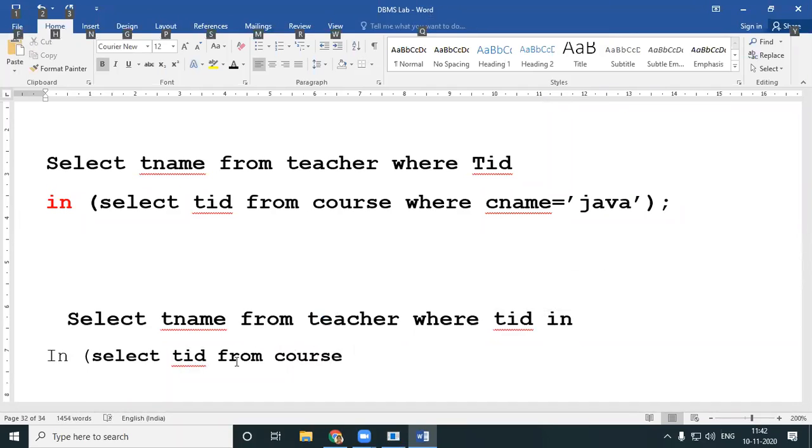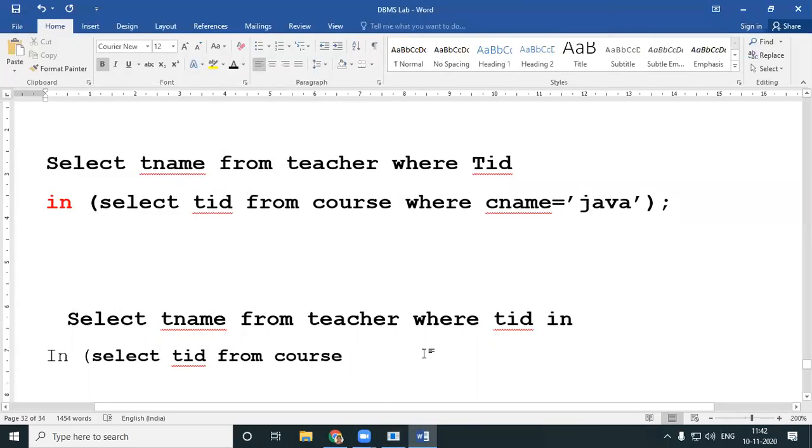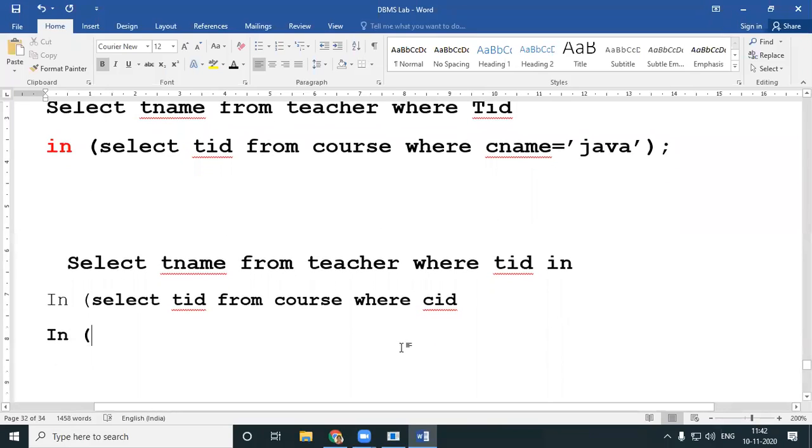You are not giving where course name is equal to Java. Instead, you need to connect to the upper table. You connect it with CID. So I write from course where CID in, select CID.